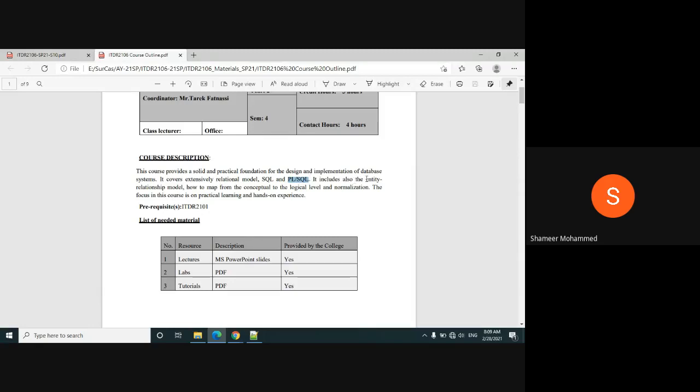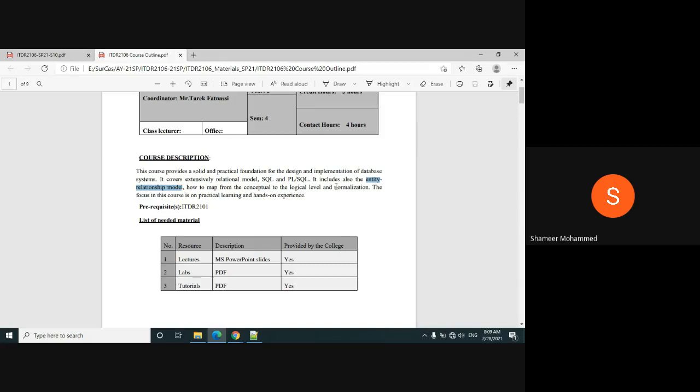Also, how to define the relationship between the entities that you will show in the model diagram. Model means a design, a diagram. How to do the mapping. There are some levels: conceptual, logical, physical. You will learn these things in the lectures.